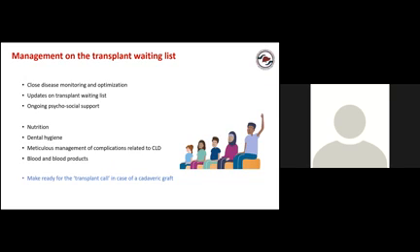Meanwhile, we would further optimize nutrition, advise them to maintain good dental hygiene, and meticulously manage complications related to chronic liver disease, because it's a shame if a child dies while on the transplant waiting list after going through all of this. The child would be listed for a transplant, the family would be very hopeful, but while on the waiting list, the child develops a complication and might succumb to death. So it's very important that we look after them carefully.